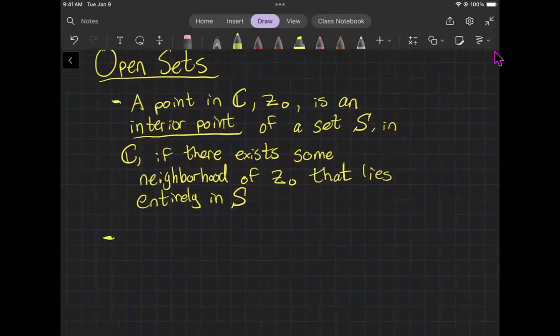That's what's called an interior point. And what is a neighborhood? A neighborhood